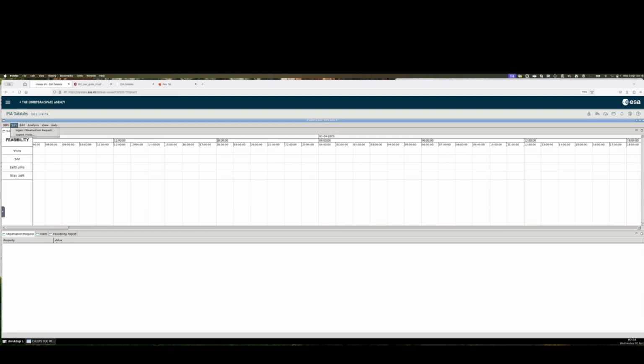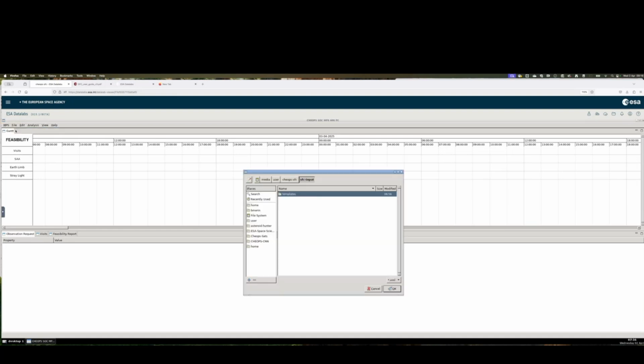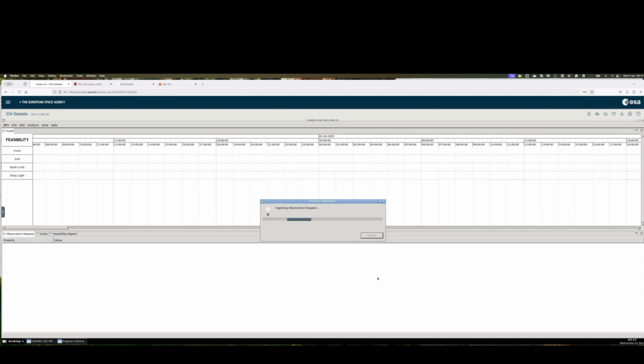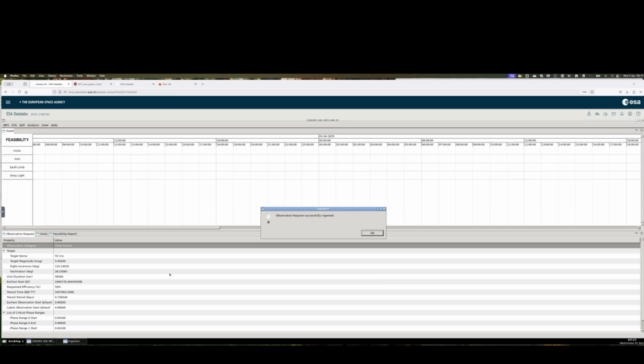Essentially, what you need to do is to ingest an observation request. For that, it will open this Finder tool where you can search for one of the observation requests. You have two templates here that you can use: one for a time critical observation and another one for a non-time critical observation. We can load one of them. Here you can see we've